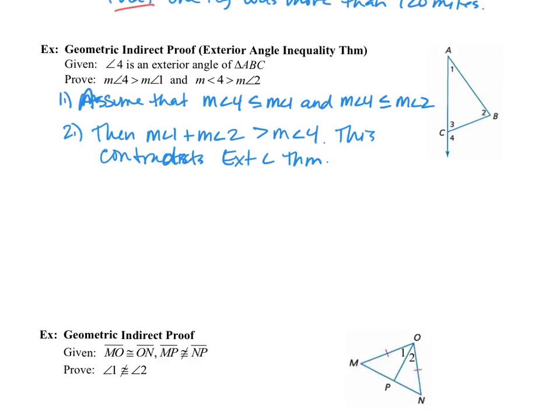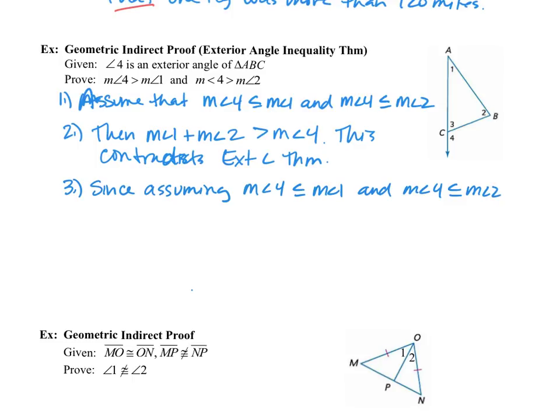So once you reach your contradiction, then you're ready to finish it off with step 3. In step 3, we're going to say that since assuming, what did we assume? We assumed that the measure of angle 4 was less than or equal to the measure of angle 1, and the measure of angle 4 was less than or equal to the measure of angle 2. Since assuming that contradicts something, in this case it didn't contradict the given, it contradicts the exterior angle theorem, then we can finish off and say, then it must be true that,